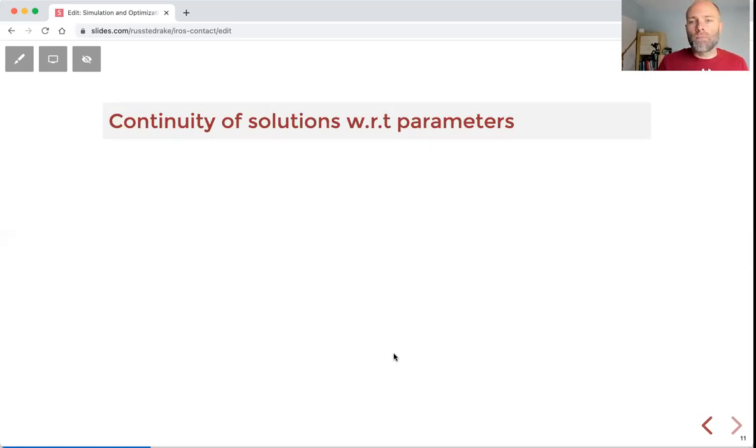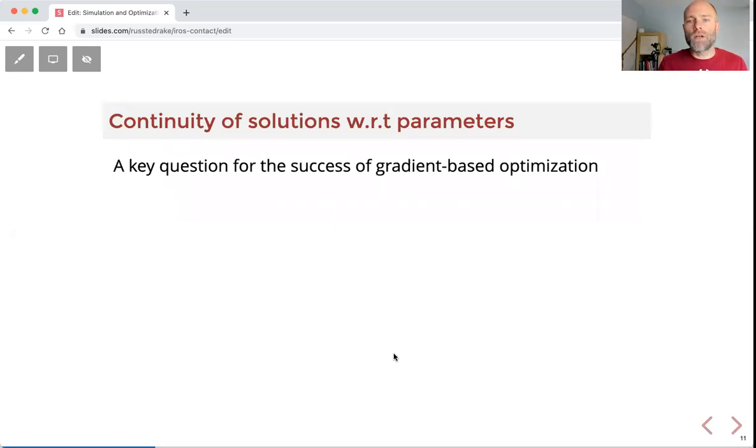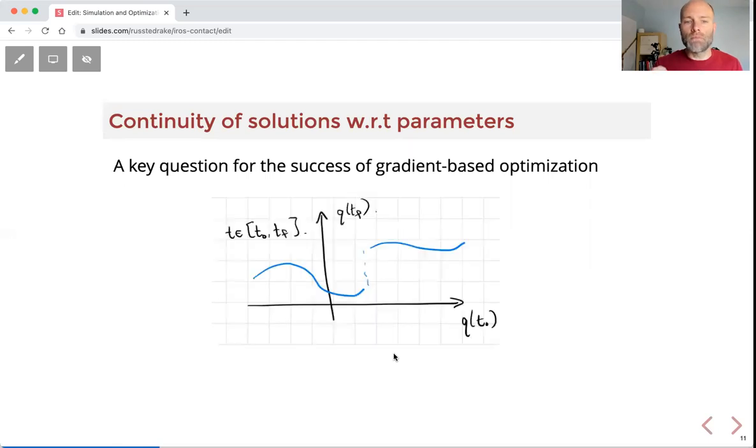In particular, the question for gradient optimization of the parameters of some controller or some trajectory is about the continuity of solutions with respect to parameters, not with respect to time. So I want to shift the question a little bit: if gradient optimization is going to be successful, maybe we would like to have continuity in the parameters, okay?